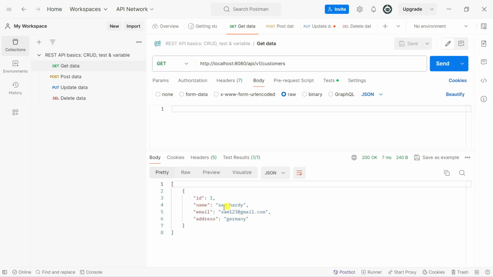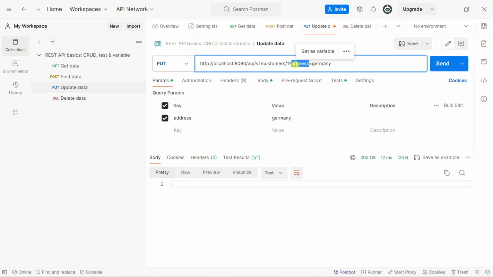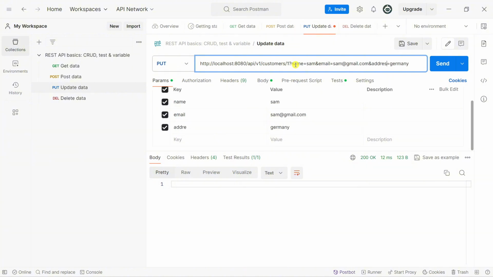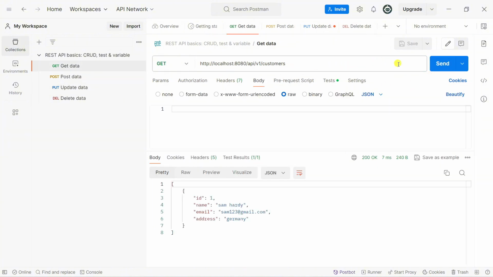Now let's update all the fields in here. Go back to the put request, and the name is Sam. The email is sam@gmail.com, and the address is US. Send and get again.